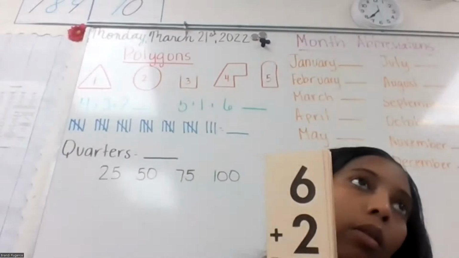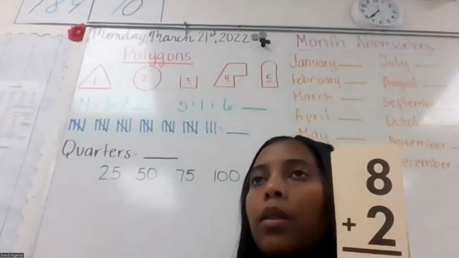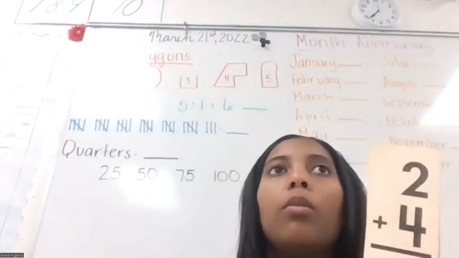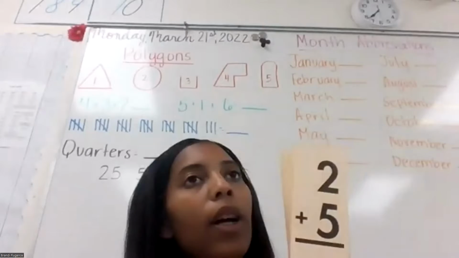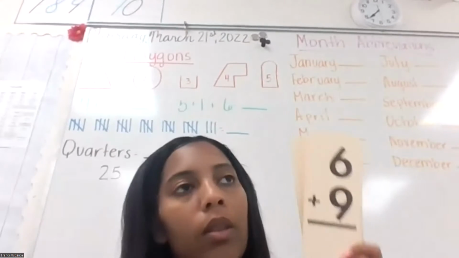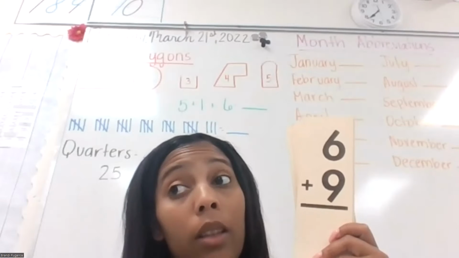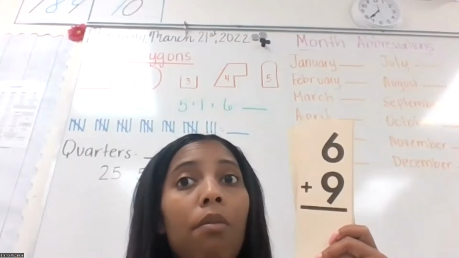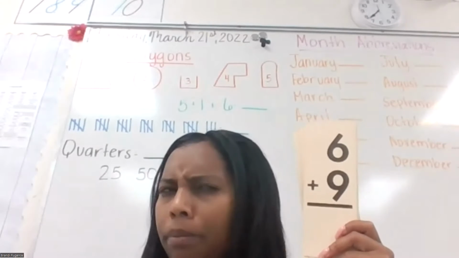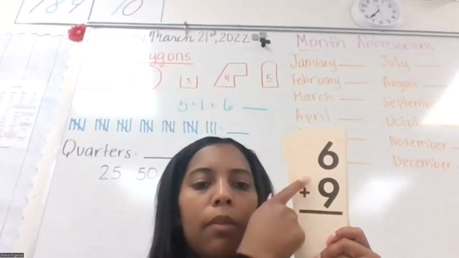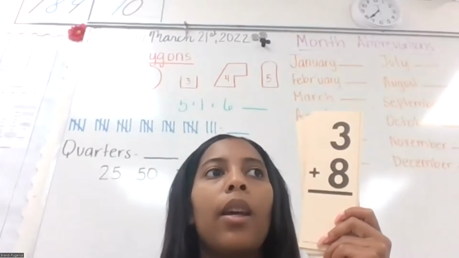6 plus 2 equals 8. 8 plus 2 equals 10. 2 plus 4 equals 6. 2 plus 5 equals 7. 6 plus 9 equals, count it, 14. Count it again. 12. Remember, 10 plus 6 is 16. 15. 3 plus 8 equals